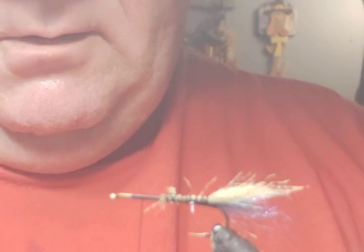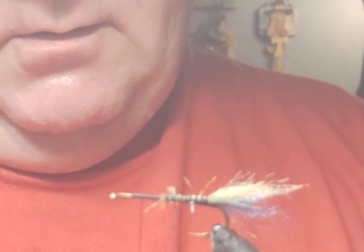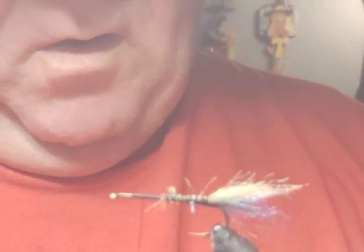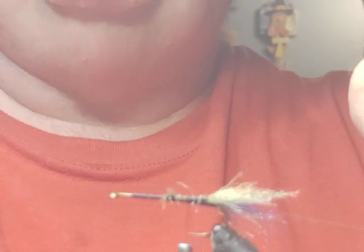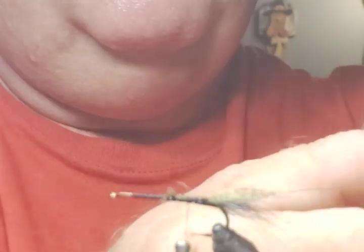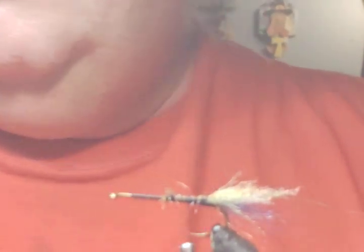It's got a copper wire rib. So I'm using UTC copper wire in a size BR. Get that lashed down. Take my old scissors that I got the piece of tape on. Now the trick to building this is,